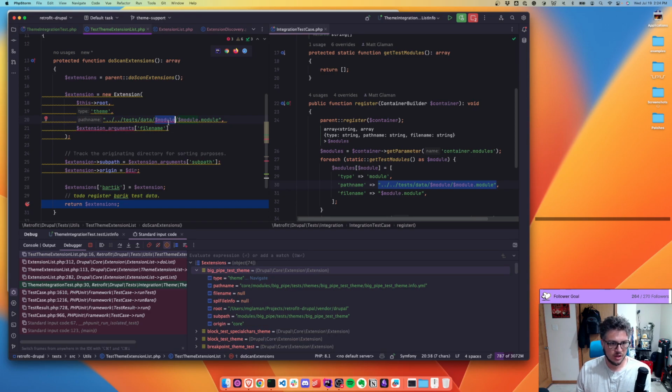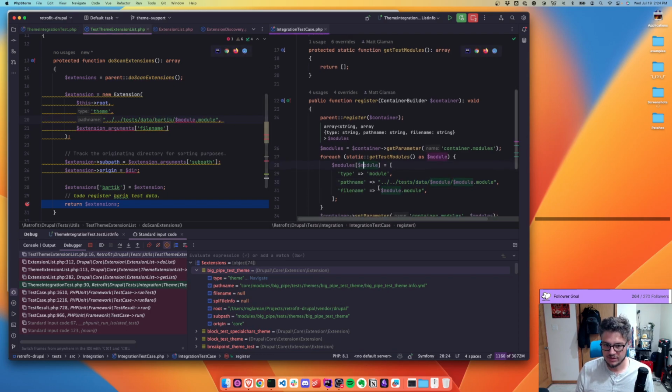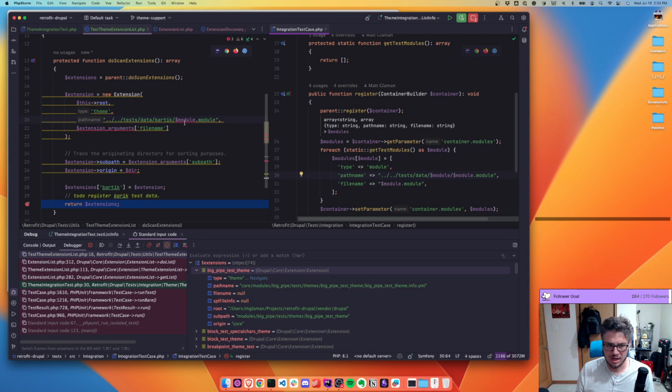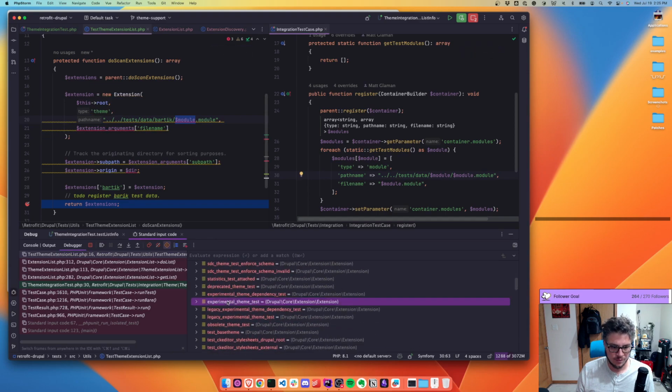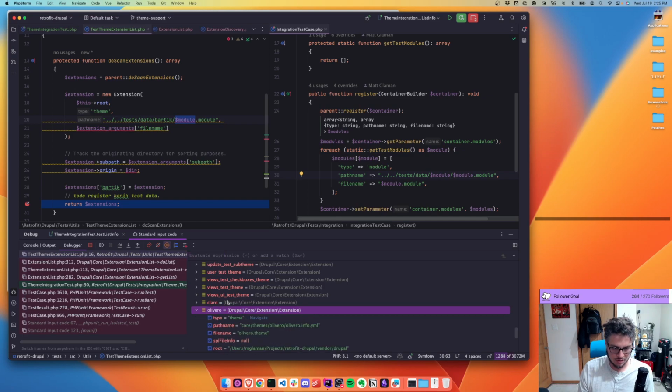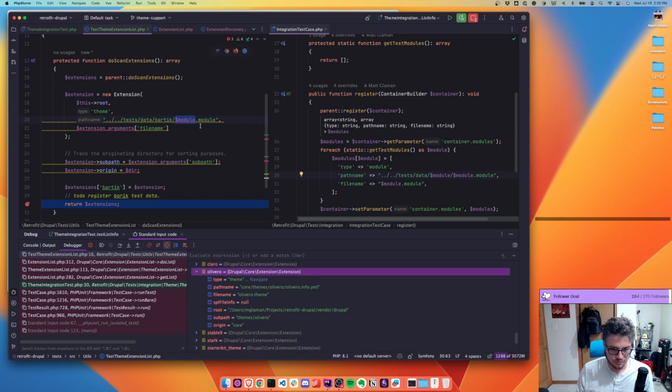So data, we know it's Bartik. That's interesting. The path name is the dot module. Oh, I guess maybe I probably have it wrong here. This probably should be dot module. Let's look at olive arrow, since that's a full. Okay, so this will be Bartik